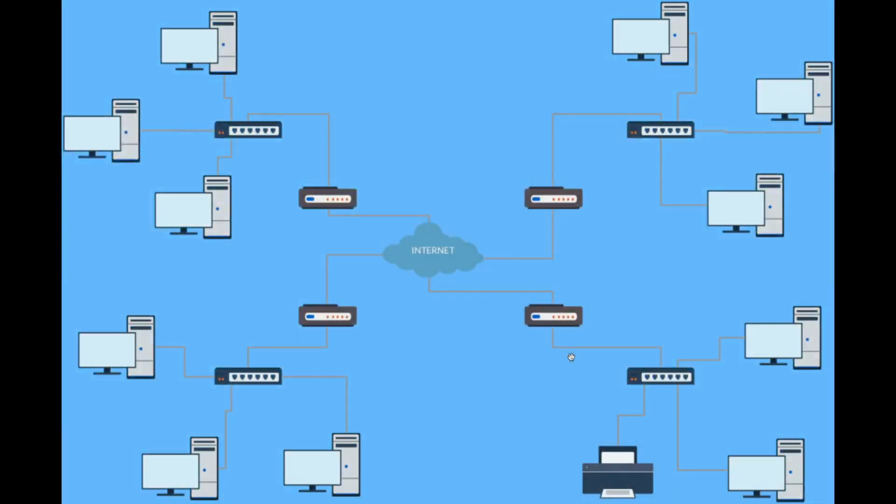Here's another graphic that sort of explains it. So let's just say that this little network is your home, and this is your neighbor's, and there's lots of little local area networks all around. Maybe this is your school. But the internet is that backbone, that fiber optic and satellite backbone that connects the whole world.